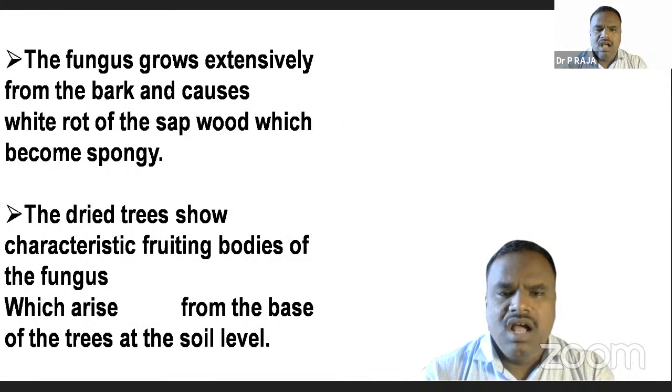Now, this fungus grows extensively from the bark and causes white rot, and the sapwood becomes spongy. And the dried trees show characteristic fruiting bodies of the fungus, which arise from the base of the tree at the soil level that I have shown you, right? And that is a fruiting body, and it is a visible and very hard structure, and you can easily identify it,